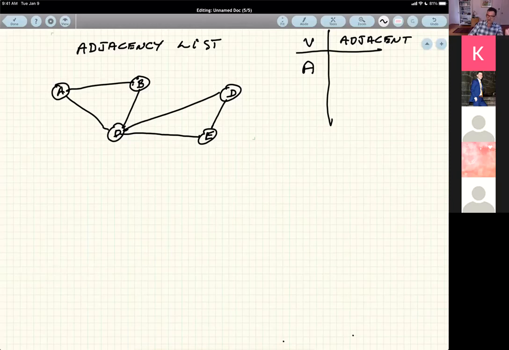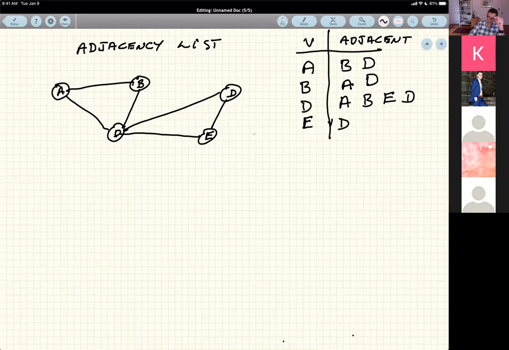The vertices adjacent to A are B and D. Vertex B has A and D. Vertex D has A, B, and E. Vertex E is adjacent to D and